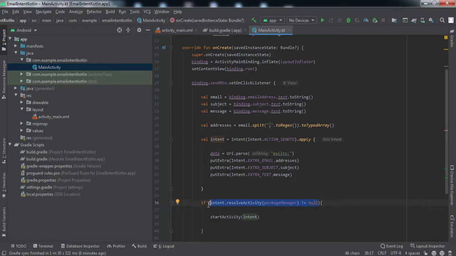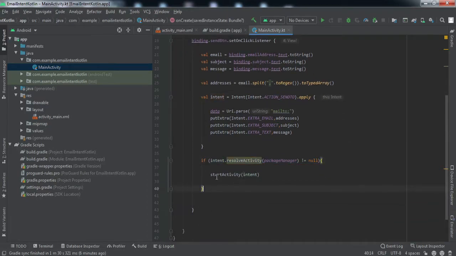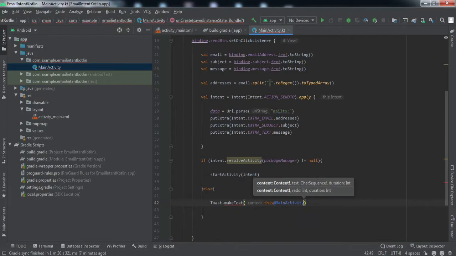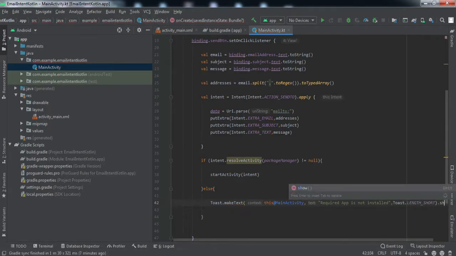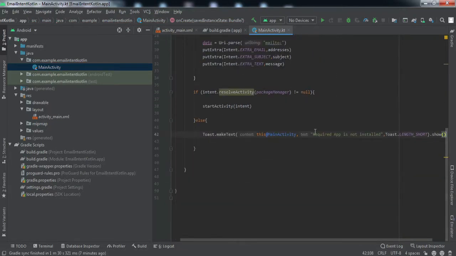But in case there is no app, your app would crash. We do not want that. So this line will ensure that there is at least one app that can handle this request. So if there is an app, it will return true and we'll call this. Otherwise it will return false and we'll go inside the else block and raise a toast. Okay, we have raised the toast which will say that the required app is not installed.